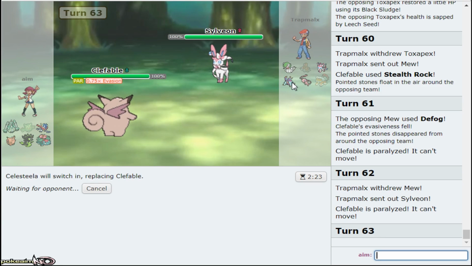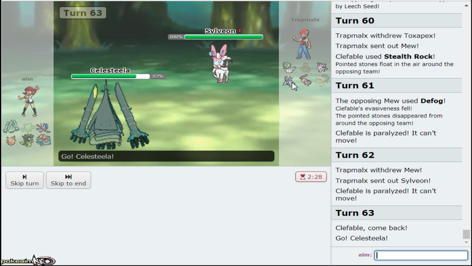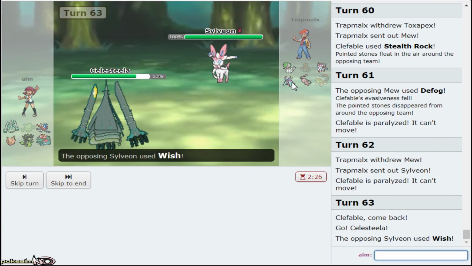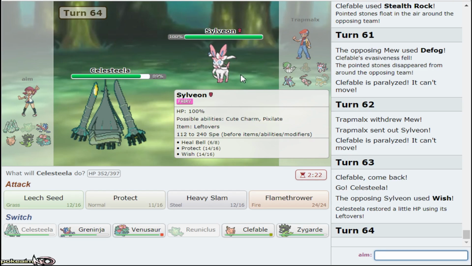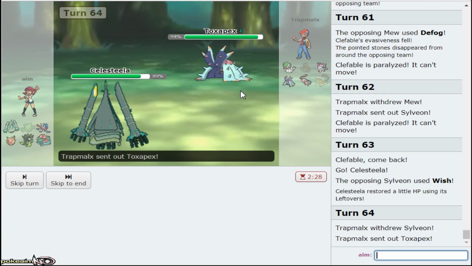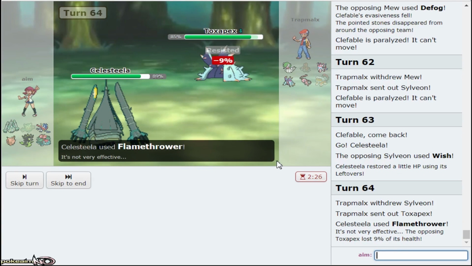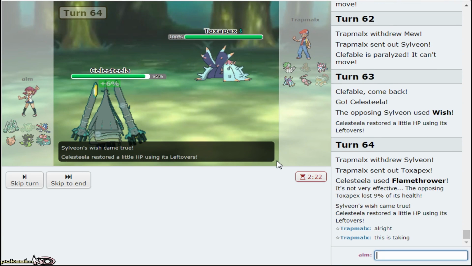I get in Celesteela, and I think I go for Flamethrower Burns with Celesteela on Toxapex. Yeah, you can wish, but you are never bringing in that Gardevoir. You're never bringing in Gardevoir here. You're going Toxapex, yep. So I will go for Flamethrower Burns on the Toxapex coming in, because I cannot let him burn me with the...